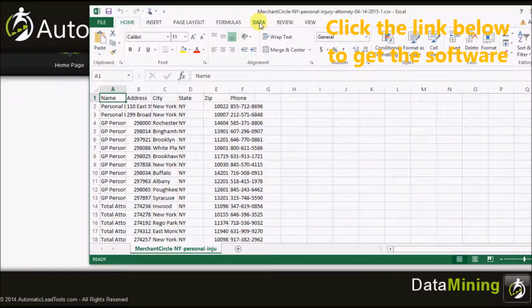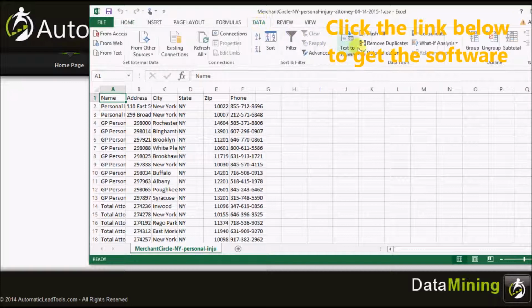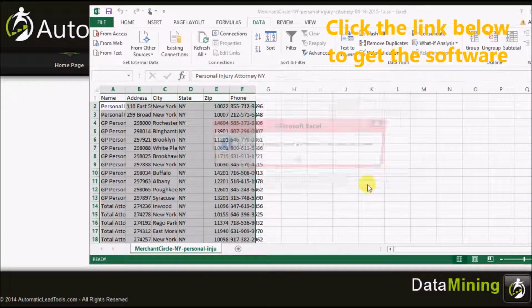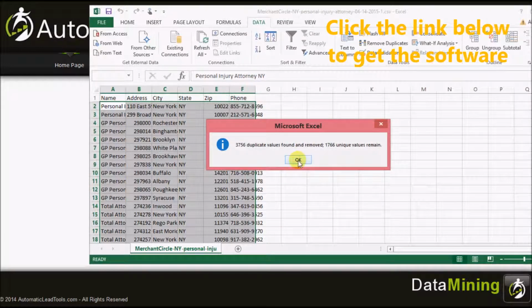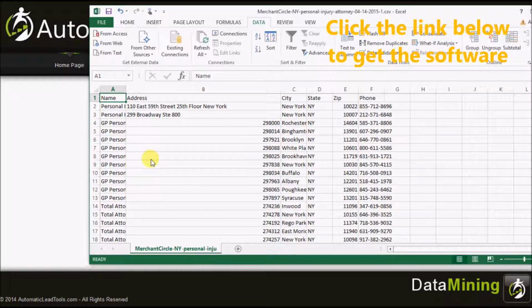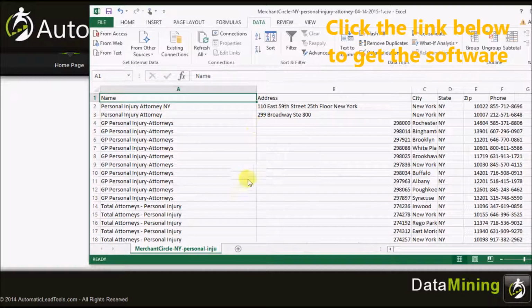So I'm going to go to the remove duplicates area in Excel and I'm going to remove those duplicates. All right. So now out of that, I have over 1,700 names and information that I can use in this deployment model.